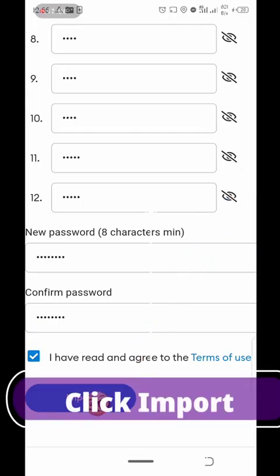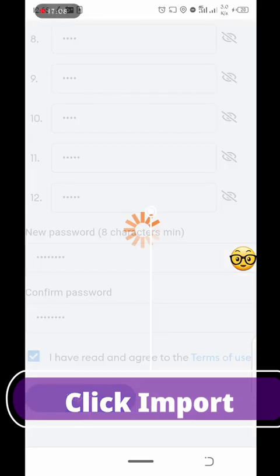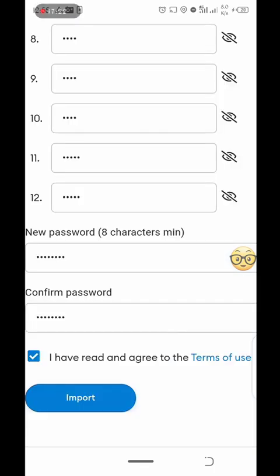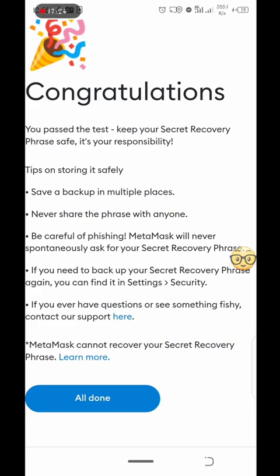So right now I can now click on import. So we can actually get past that stage, and then in a few seconds it's just going to import my wallet. Let's give it a few seconds and see what it comes out. Okay, I think it's loading. So now when you have done this, what we are trying to do is to import our wallet that was created on Trust Wallet. It doesn't matter where this wallet was created. You can recall I copied these from my Trust Wallet, and I can actually copy it from any other place. So it gives me a congratulations and